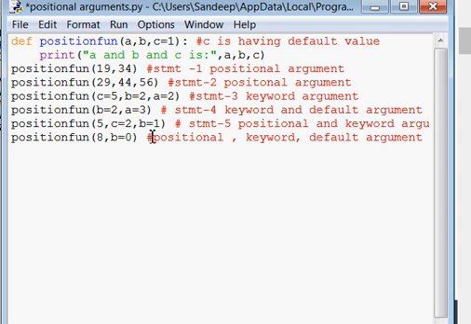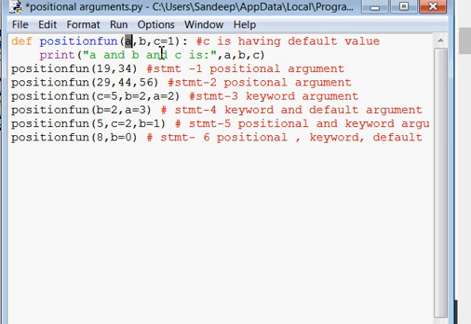So in the next statement, statement 6, what it does: the first value is passed into the first positional argument, means A will be 8, and you have given B equals 0, means B's value will be 0. Here you have used the name of the argument, that's why it is keyword, and 8 is passed to A, first value to first, that's why it is positional.